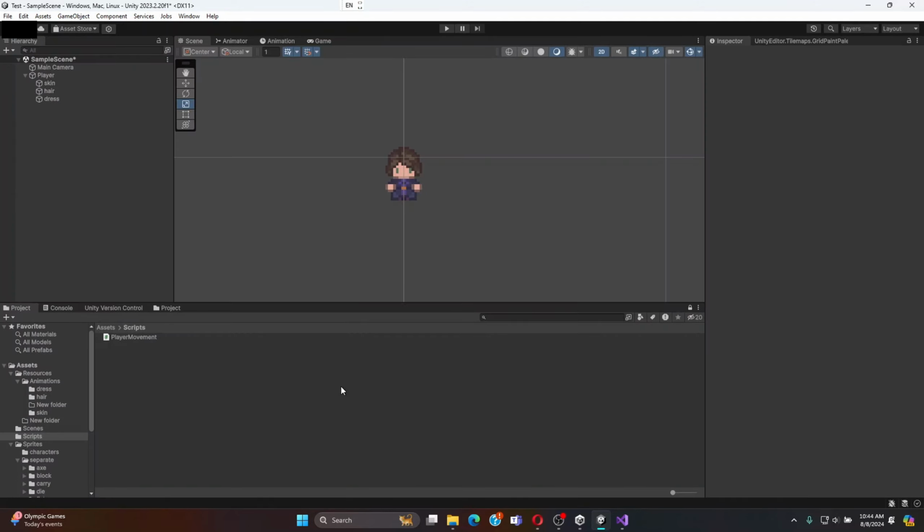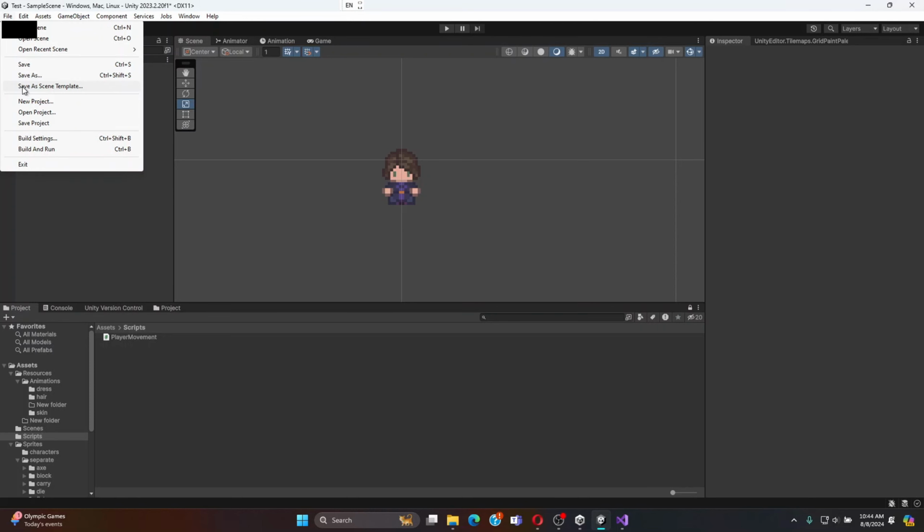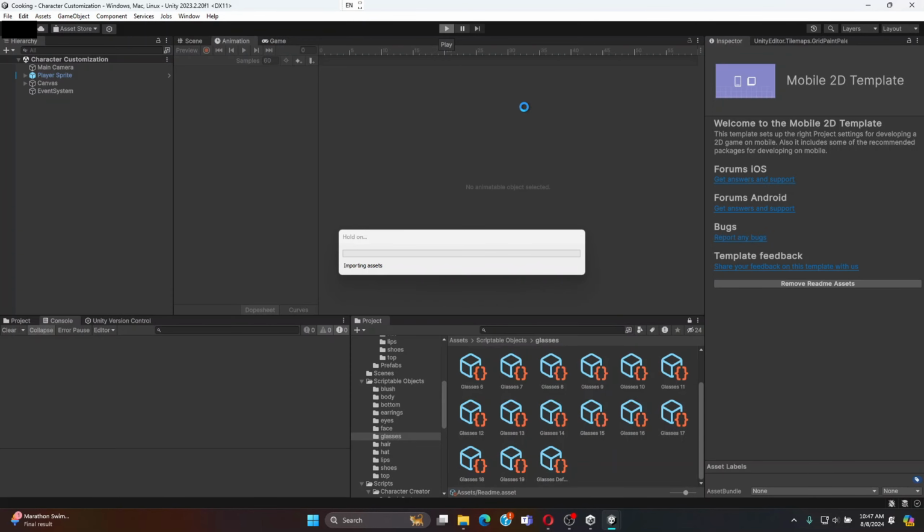Next video, we'll probably go over actually switching out the costumes and being able to do that, but that's going to be a big video because you also need UI as well. To show you what the end project can look like, so this is the real project that I'm working on. If you press play,